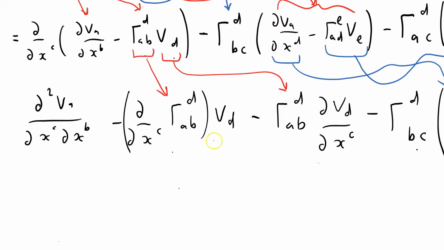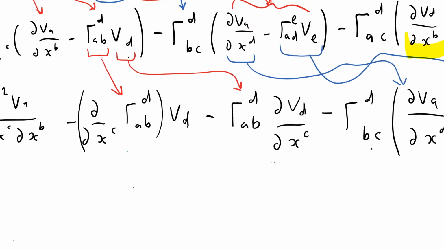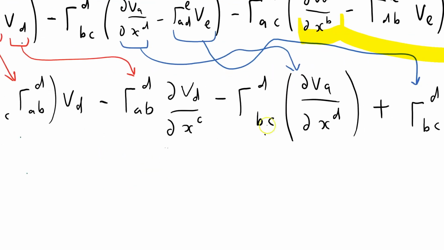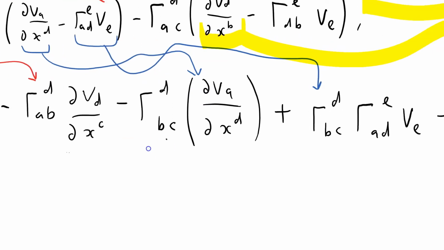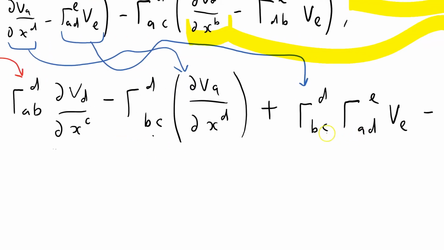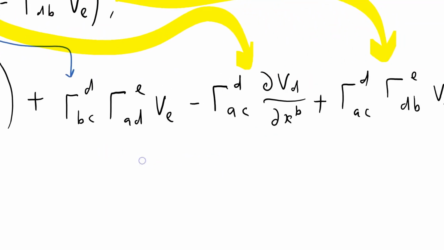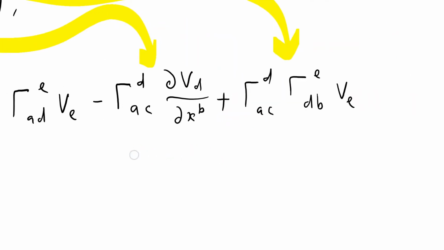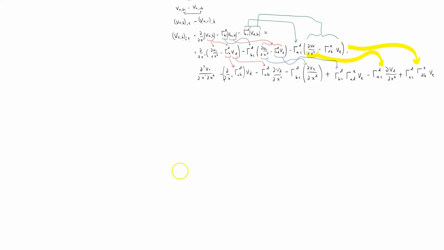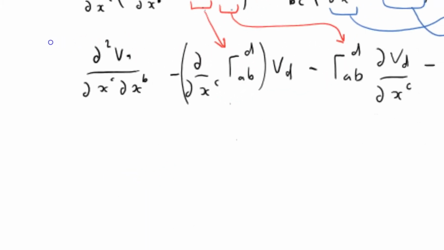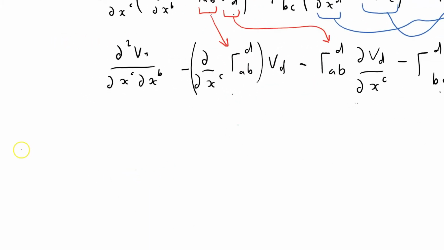Still summed over D. So we've got A, B, and C free, summed over D. Here we've got A, B, and C summed over D and E for this term, minus A, B, C summed over D. That's upstairs, that's downstairs, we're in control. A, B, C summed over D and E. So what I'm going to do now is to subtract off minus